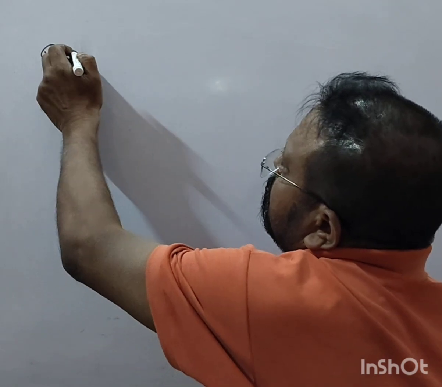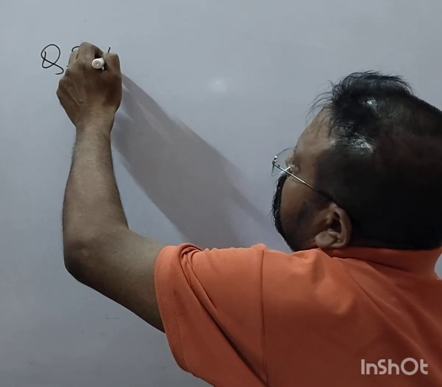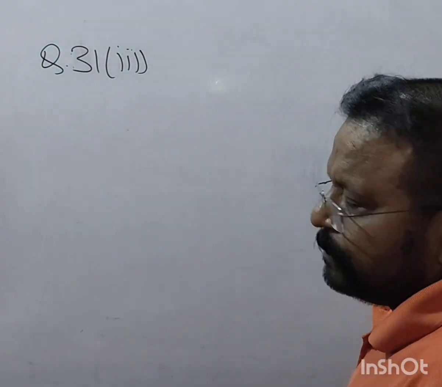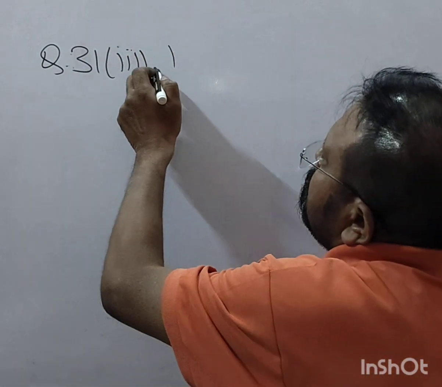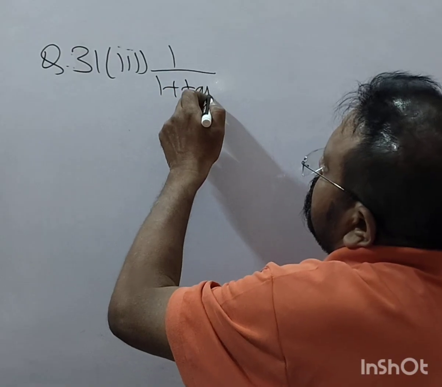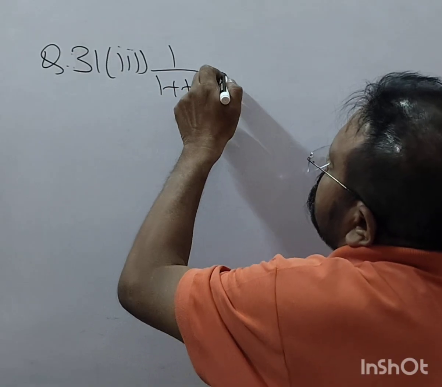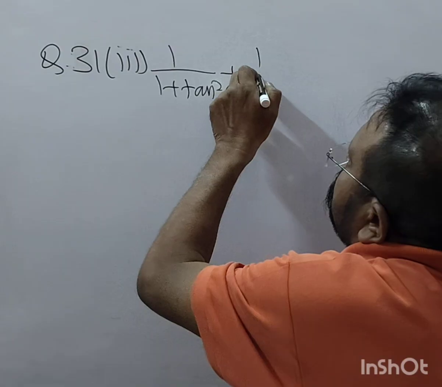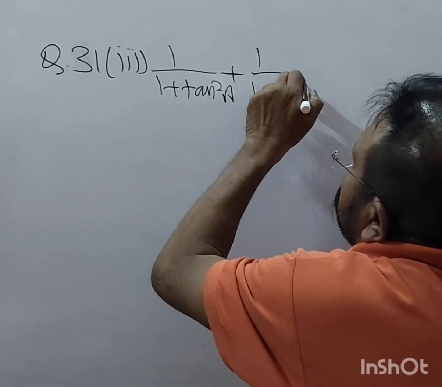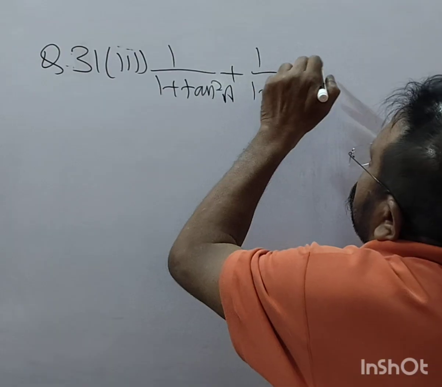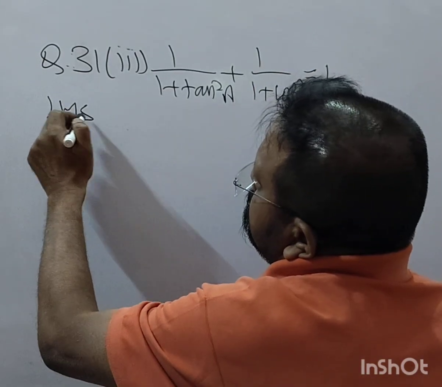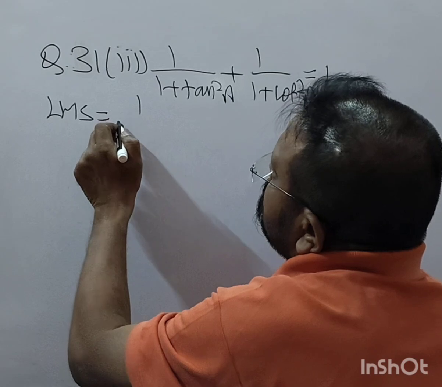Third part: 1 upon 1 plus tan square A plus 1 upon 1 plus cot square A is equal to 1. So LHS is equal to 1 upon